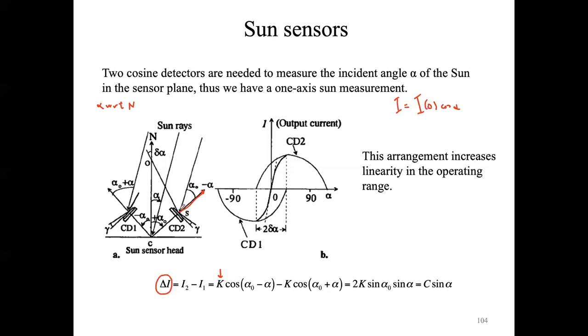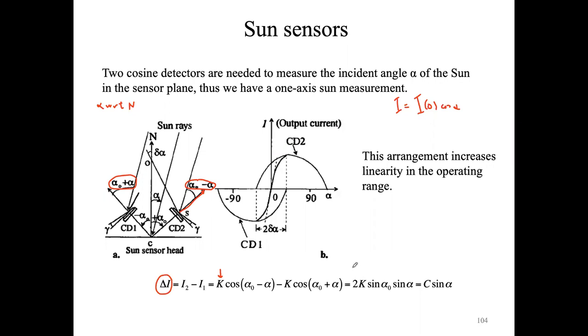You can compute it very easily because you know that this axis is alpha 0, so this angle here is alpha 0 minus alpha. The angle that the other solar cell sees is alpha 0 plus alpha. So if you do the difference of the two currents, at the end you can transform with the cosine and sine formulas